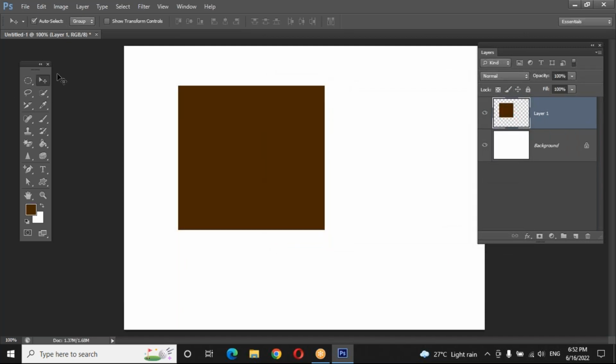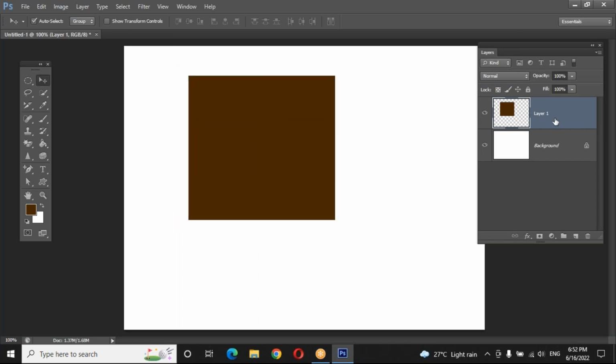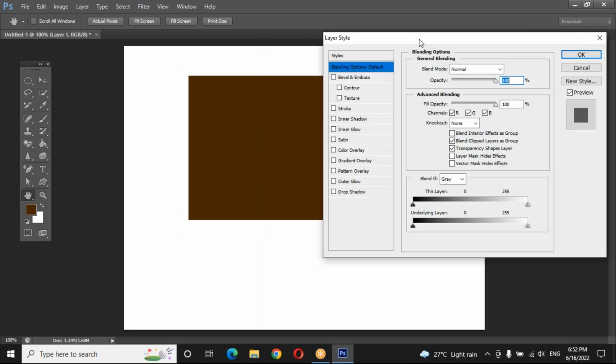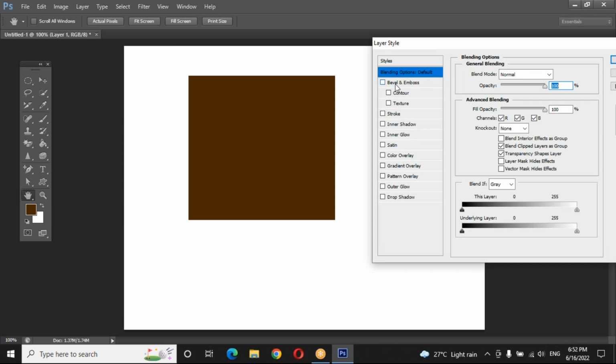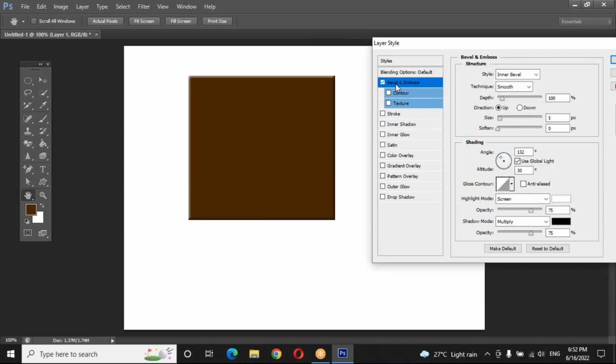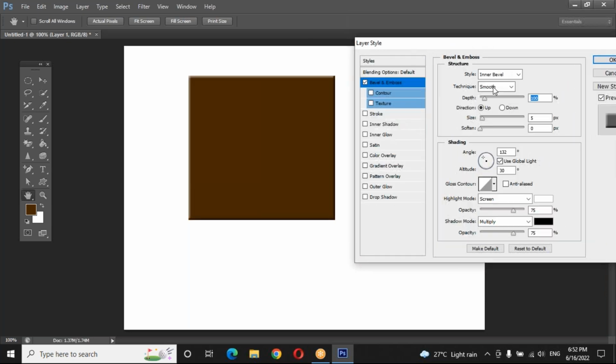So like this, I have given one color. Double click. There is an option called bevel and emboss. You click that. In the side, you will get bevel and emboss options. In that, the first thing you need to do is depth. You need to keep depth full. After giving the depth, you increase the size